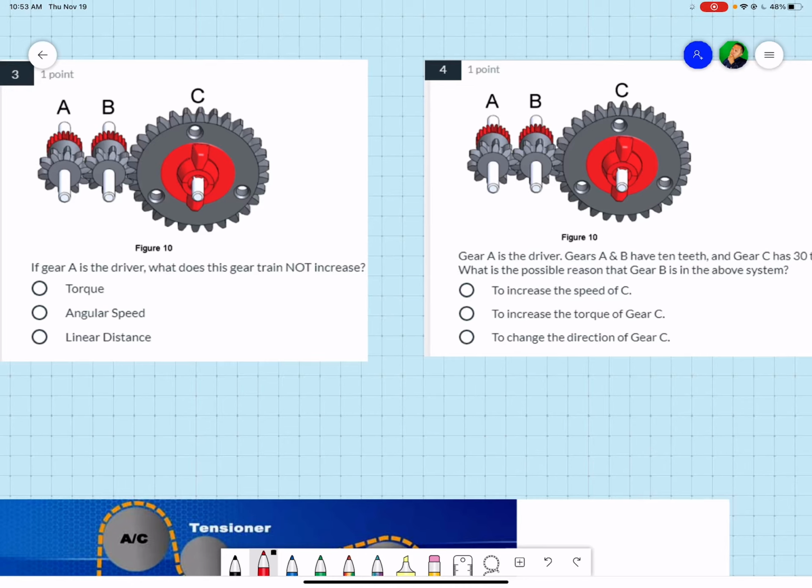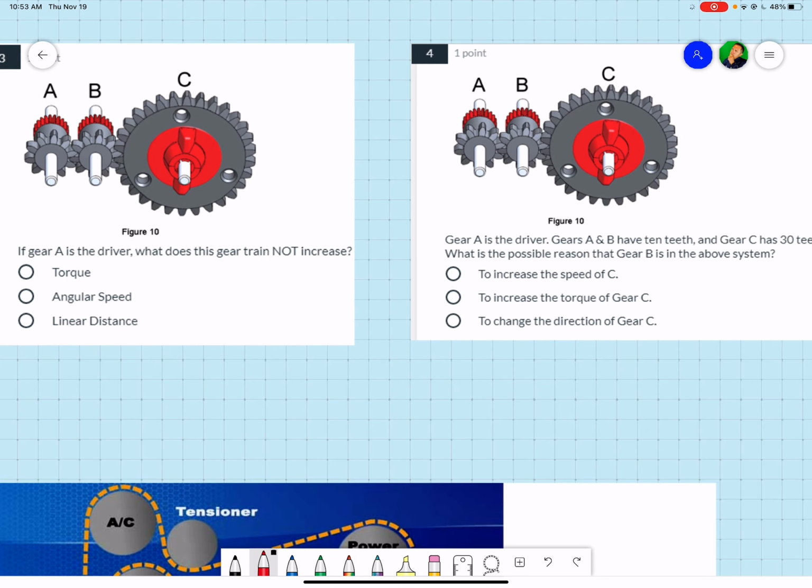Okay, questions 3 and 4. Questions 3 and 4 we'll do together because it's the same gear train that we're talking about, and it's more concepts. So the first thing it talks about is: if gear A is the driver, so this is driving, however it's driving, whichever direction, which gear train does this not increase? And the idea is that